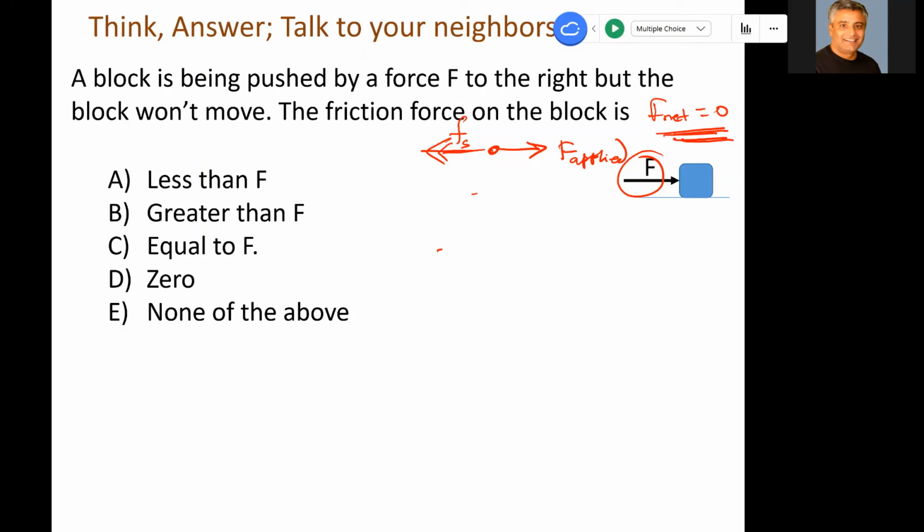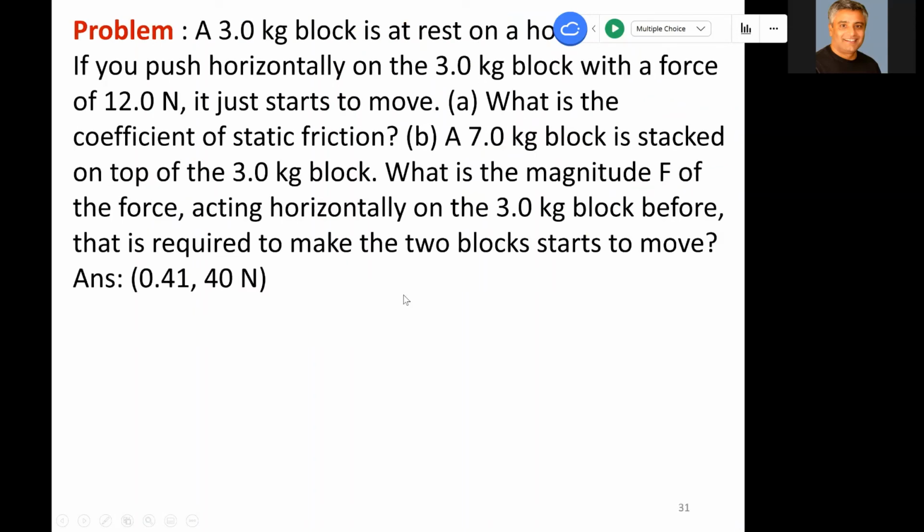So for the record, if there is no applied force, there is no friction. And friction force is equal to applied force as long as the object is not moving. Okay, the object is not sliding, that means they're equal. It's like a reaction force for the applied force. Think about applied force as an action and friction as the reaction of that, static friction. Okay, so now let's move on and learn how to use friction to solve problems.